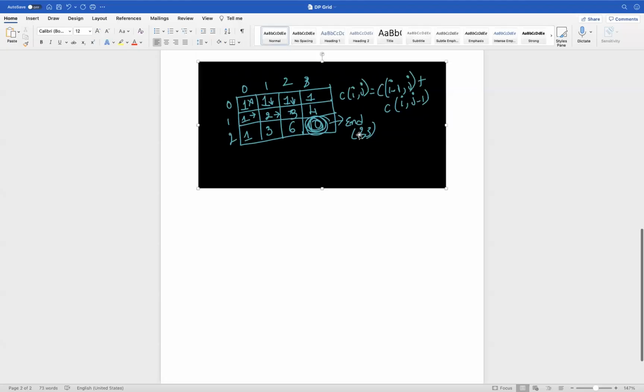And also I want to say that here our answer is at 2,3, that is 10. I already said that in our first approach, we can find the answer at r minus 1, c minus 1.